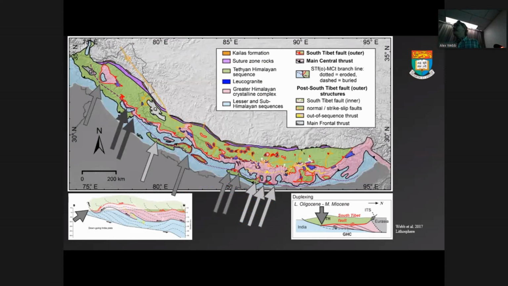My subsequent work after I left my PhD was to explore for this all along the range, and we found it in many locations. So here and here and here, we found that intersection of the 2 faults. So it's 2 fault planes intersecting; in cross-section, it looks like a line, like a point, right? But in reality, of course, it's a line that extends along the range. And so that line is eroded here, buried here, eroded, and then intersects the surface here, intersects the surface here. So we've mapped it there.